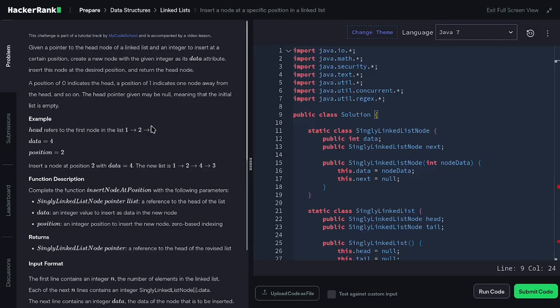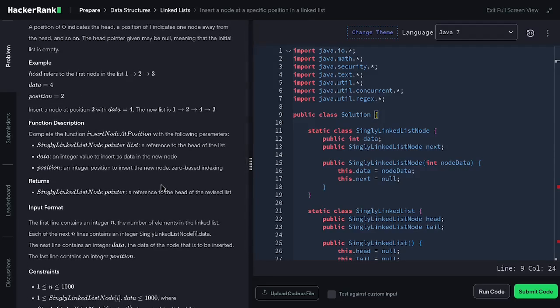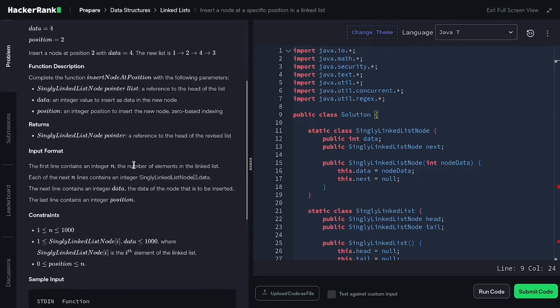Since position number 2 has the 3 right here, which is the node, then the 3 will be unchained from the 2 and the 4 is placed before the 3, and after that the 3 will be chained with the 4 and the 4 will be chained with the 2. So 4 takes the precedence of 3, and the function description says complete the function insert a node at position